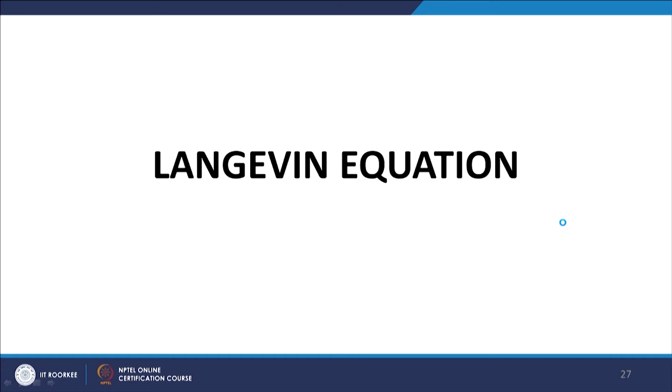Now, we come back to our discussion on the Langevin equation. I had given an introduction to the Langevin equation. Actually, this is the dynamical equation. The diffusion equation also represents the motion of a Brownian particle in a fluid, but that represents it from the perspective of the probabilities, the conditional probabilities. Here we have a direct equation manifesting itself as the dynamical equation, the Newtonian equation representing the dynamics of the Brownian particle. So, let us now explore that in detail.